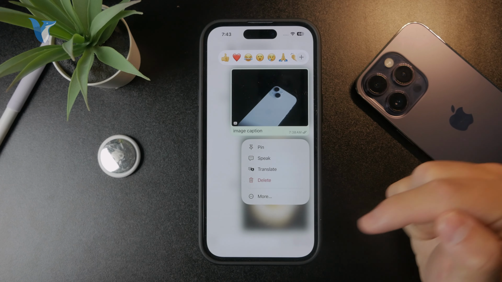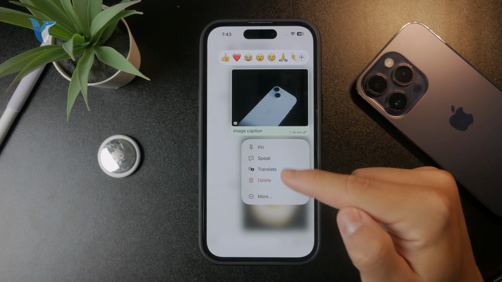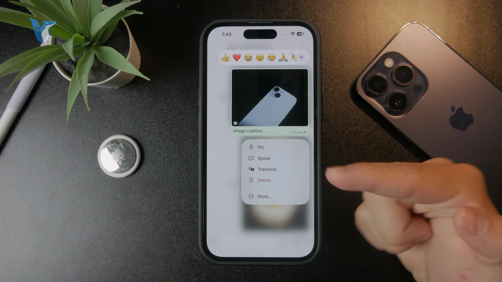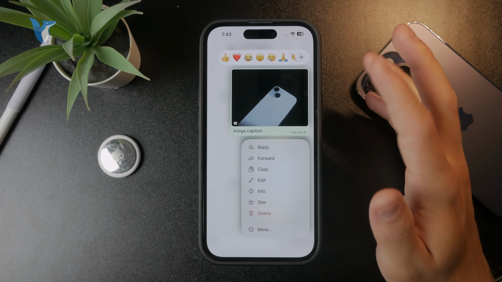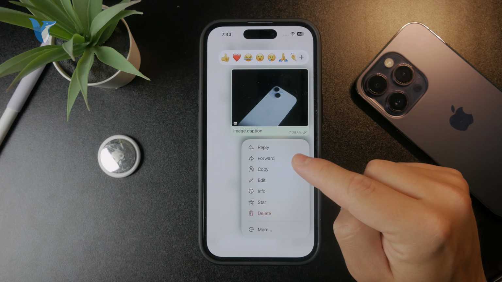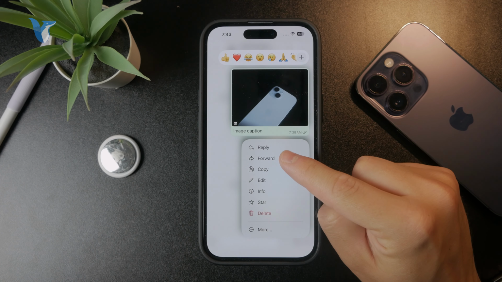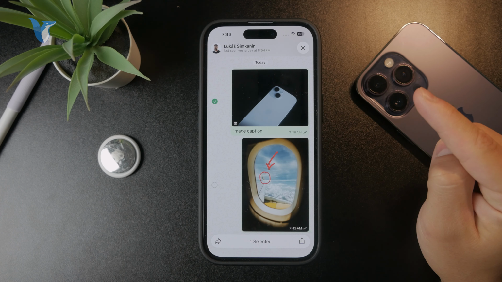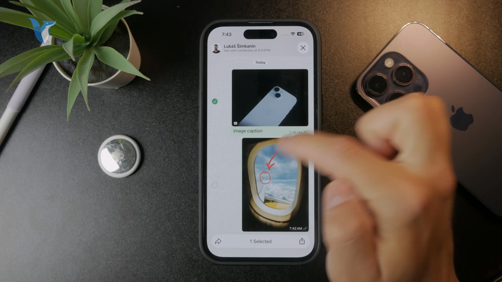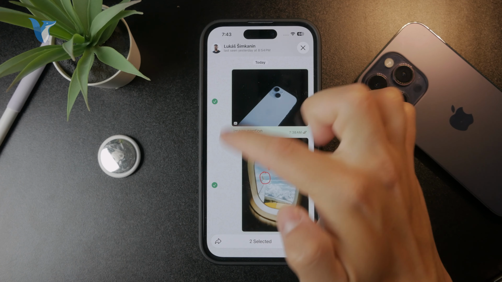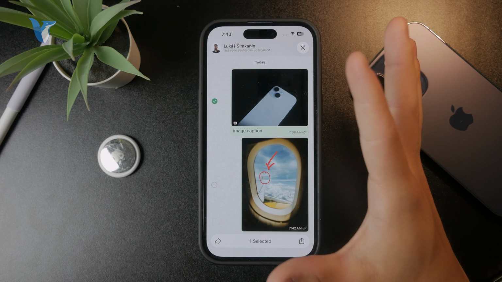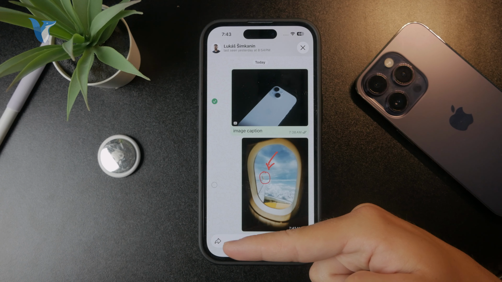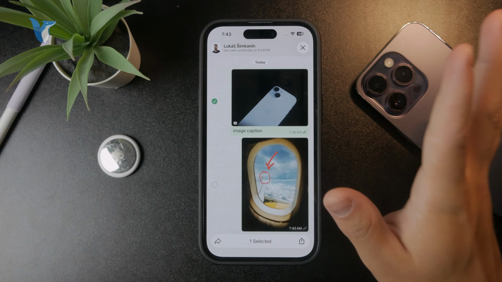Like if I click on more in here, you can see that I can speak, translate, delete, and so on. So I have like 2 pages of this. But what we want to do is to click on forward. So when I click on forward, it's gonna select the image, right? So you can select even more, but it kind of tries to make you forward it to someone else on WhatsApp. So if you click on this forward button, you can send this image to someone else, but we are